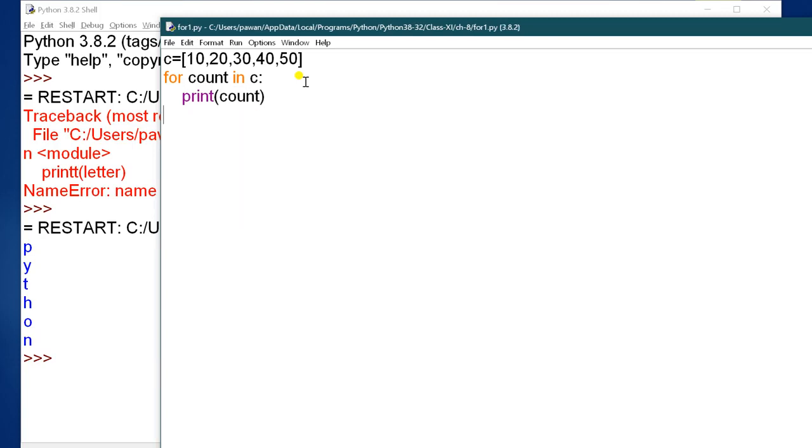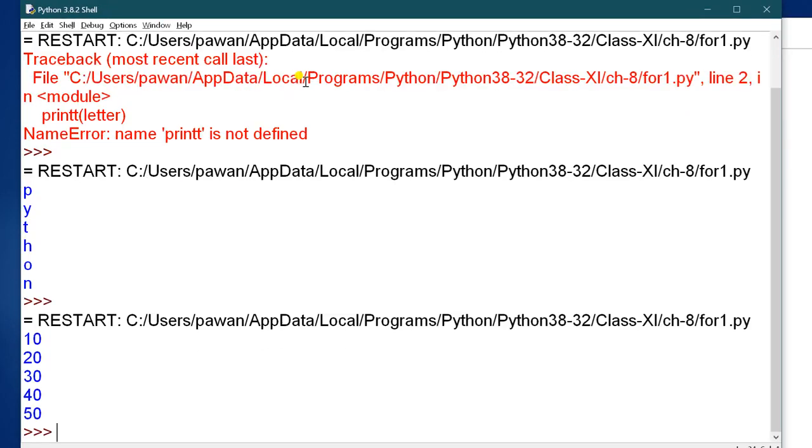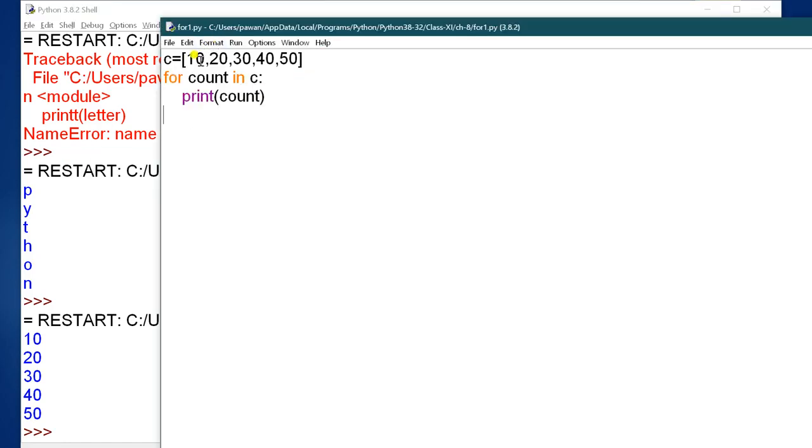So run it. It will give you 10, 20, 30, 40, 50. Okay. So this is a list. So here also this count variable will check the element 10 in the list. Yes. The for loop will count the first one, that is 10. Then it will print. Next is 20. Then it will print. Next is 30. Then it will print. Okay. So in the list, first it will just collect the variable, collect the list of the items, then it will print. Okay.